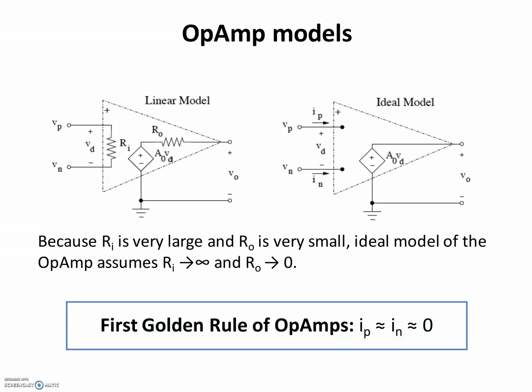There's also an ideal model of op-amp in which there's an open circuit between the two input terminals, and the reason is that the input resistance of op-amp is very large and output resistance is very small. So in an ideal case, because the input resistance is very high, it's like open. So R in goes to infinity and R out is 0, so it's short at the output and it's open at the input terminal. And in general, because this R in is large, the current that goes to the input